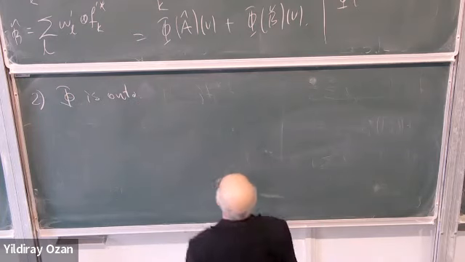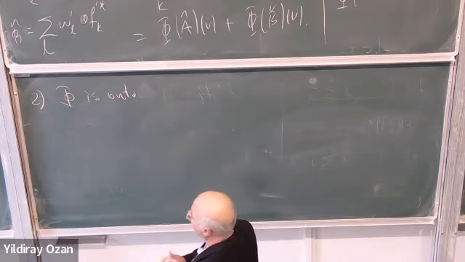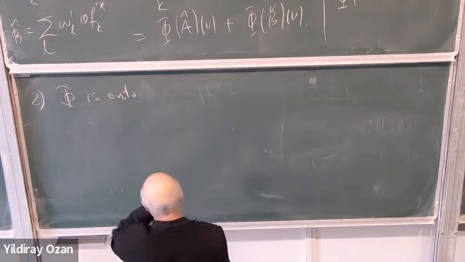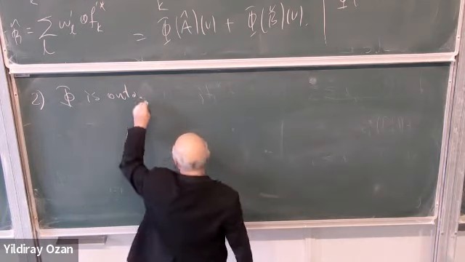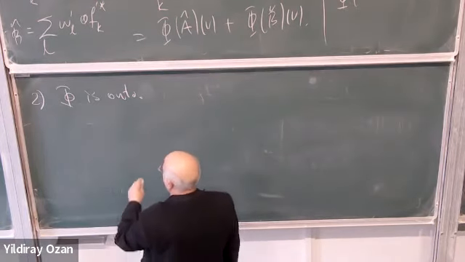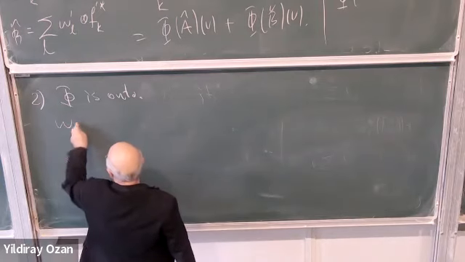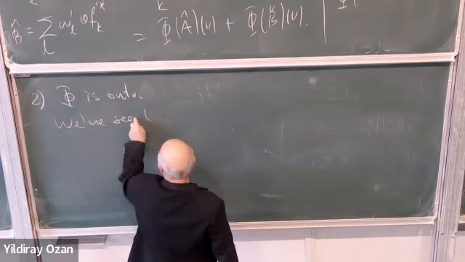Why is that? Well, any linear map can be expressed like this. I did this in the first hour, right? Not the first hour, I did this at the beginning of the class. We have seen that